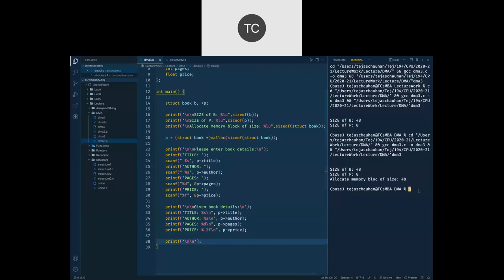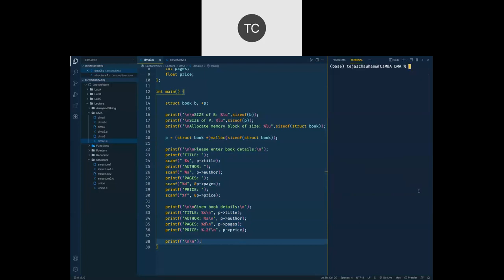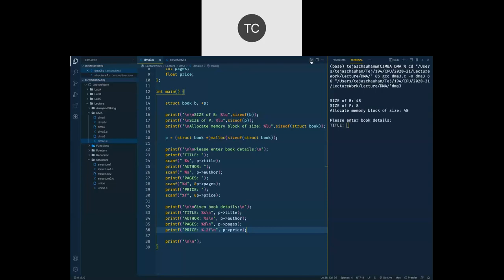So let me clear this output window and let's run this code and test whether whatever data we give, can we store it using a pointer this way? We are going to confirm it with these printf statements. So let me run this entire code.